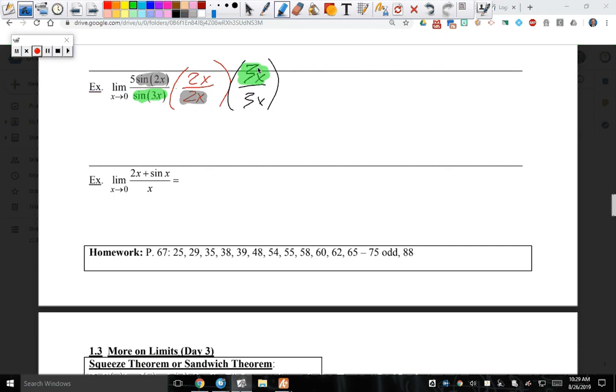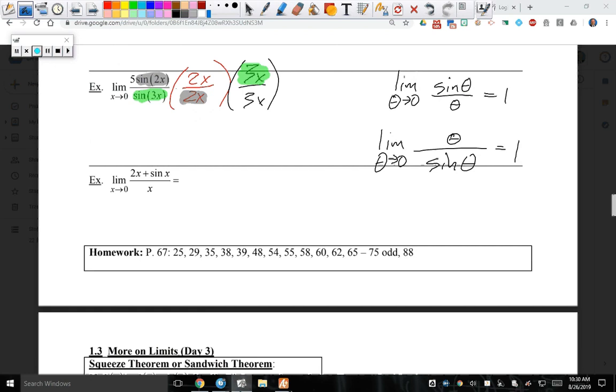Because here's another rule I want you to write down. Just like you wrote the sine of theta over theta, if theta is approaching 0, is equal to 1, the other rule is true of the reciprocal of this. Also will become 1. Okay? So, yes, you could multiply by 3x over 3x and then cancel these x's to 1, or you could